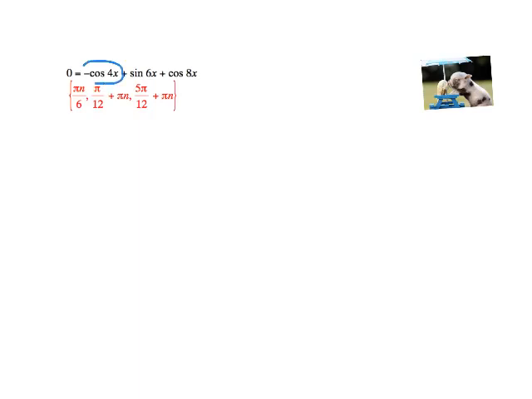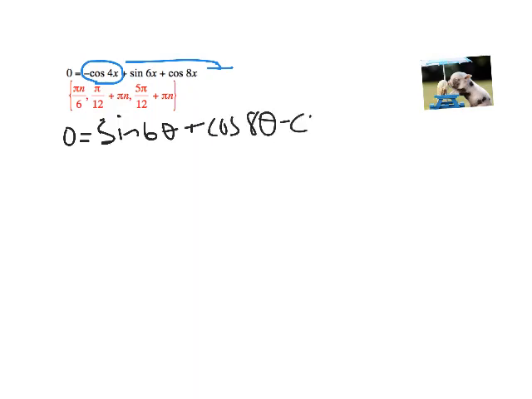Okay, so I'm not going to do anything other than move this to the end. Because then if we move it to the end, we've got 0 equals sine of 6 theta plus cosine 8 theta minus cosine of 4 theta. Okay, and so this section right here is going to be a sum to product. So you're going to leave 0 equals sine of 6 theta